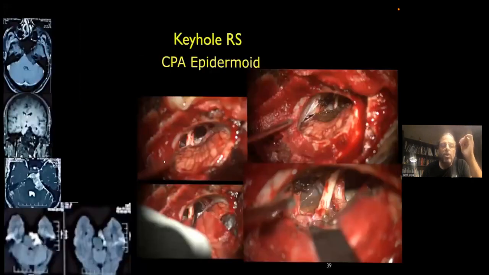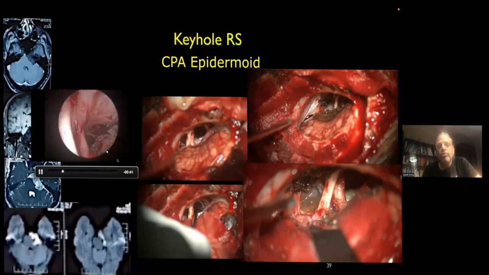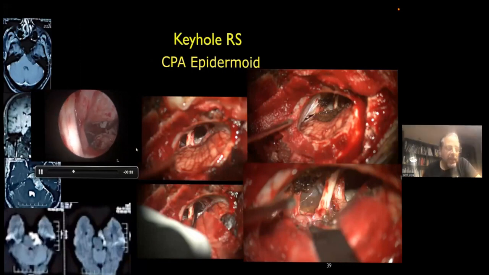CP angle epidermoids, or epidermoid anywhere, it's a beautiful tumor, and the endoscope is used, an angled scope is used to visualize the nooks and corners of these tumors. And surprisingly, many times when you think that these tumors are completely removed, about 20-30% are still left in the nooks and corners. And it is this time when you take the angled scope inside and you remove the rest of the tumor tissue